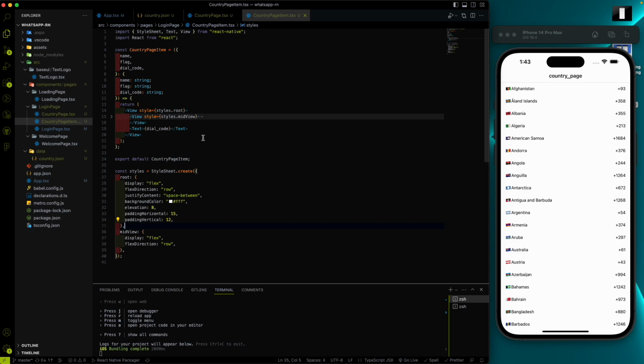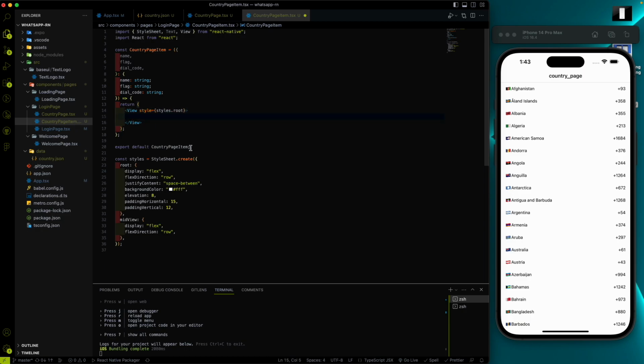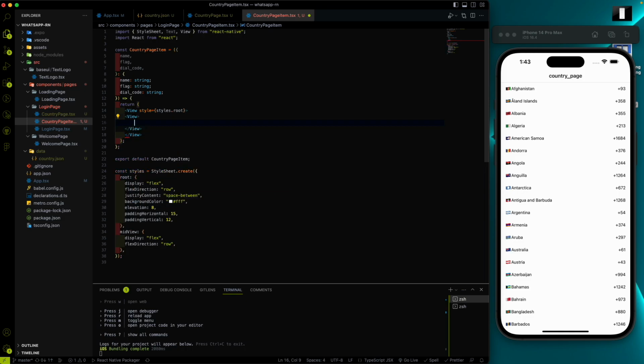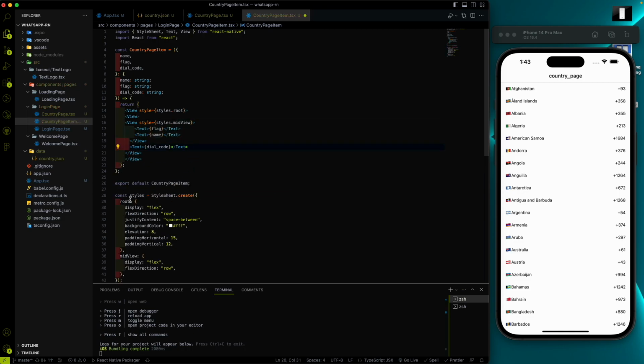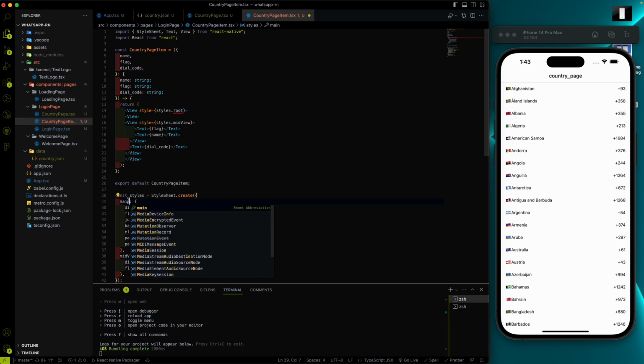Okay, what we can do is, this is our child component. I am going to do one thing. I am going to wrap this into another child. Why am I doing this? This is going to be a main, so it will be styles.main, and let me create a root. So in the root